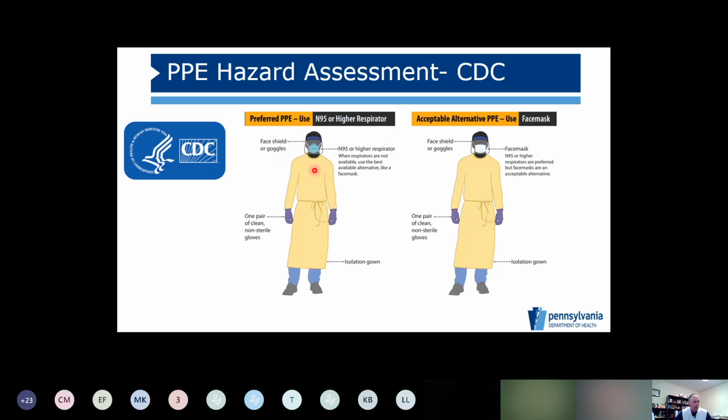2 areas that we just have to look at that come up routinely is the area around the head itself. Head covering is not included in the ensemble, but I could absolutely understand why individually an organization might choose to employ that. These deposits and secretions can be deposited. Most people are a little more fortunate than I to have a little more hair that would collect those deposits. You can touch your hair later, touch other surfaces or breathe that in. So a head covering you may see employed at the